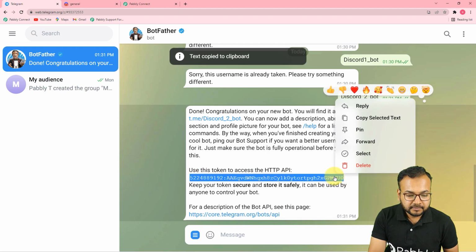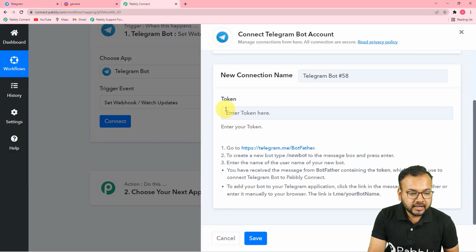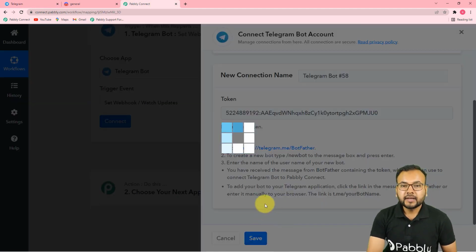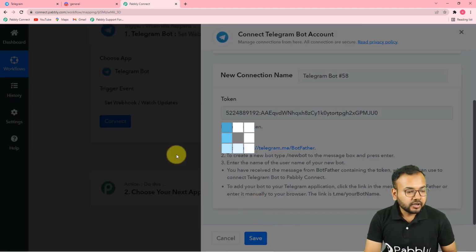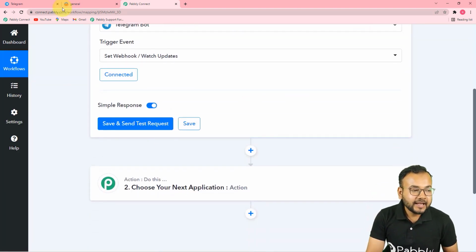Just copy this key. Okay, and come to Pabbly Connect and enter this token key here. Okay, and click on save, and you will be connected with Discord. Okay, sorry, Telegram. So we are connected with Telegram, and you have to remember one more thing, that you have